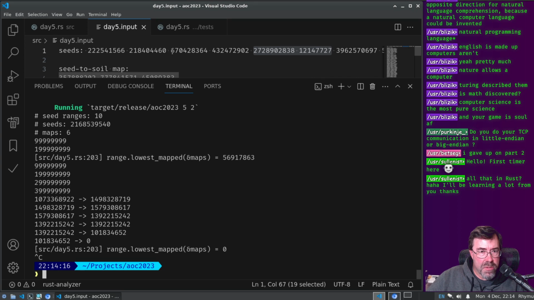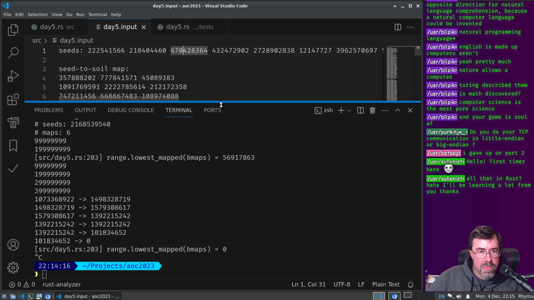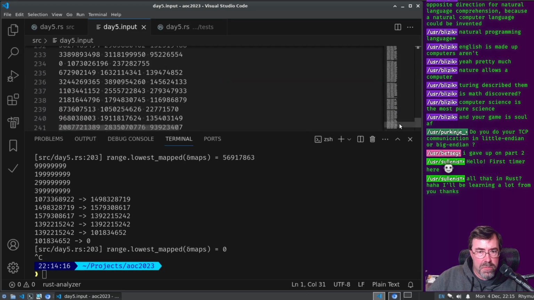Oh, maybe it is the second one. It is the second one, right? 400 million starting at 670 million. So when we get to 1 billion, it all gets mapped down to 0 somehow.